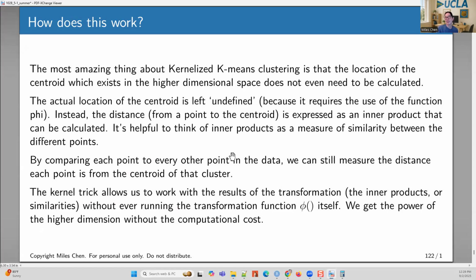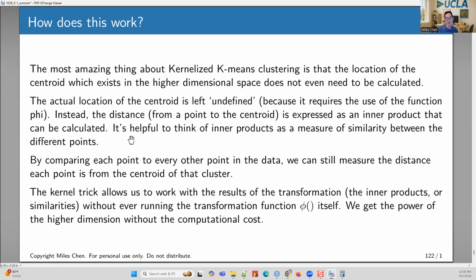Because again, when I was learning this and teaching it myself for the first time, I really struggled with the idea of how we are calculating distances to a centroid if we don't know where the centroid is. It just felt strange. How do we calculate the distance to the centroid if we don't even know where it is? Okay, so I wrote: the actual location of the centroid is left undefined